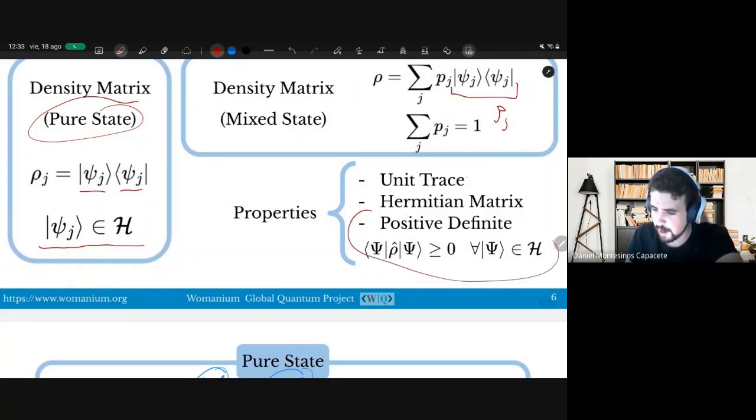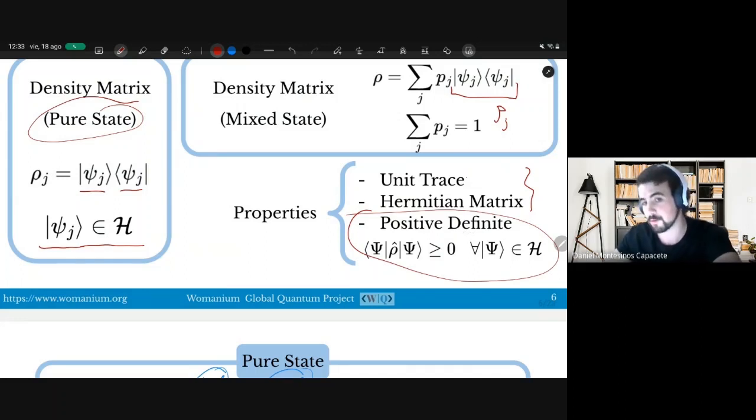Any proper physical density matrix must satisfy these three properties. Using linear tomography, we will for sure get these two properties, but depending on the probabilities that we measure, and that has to do with experimental error,